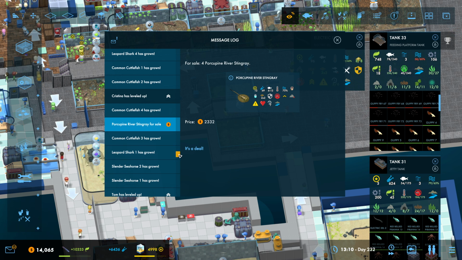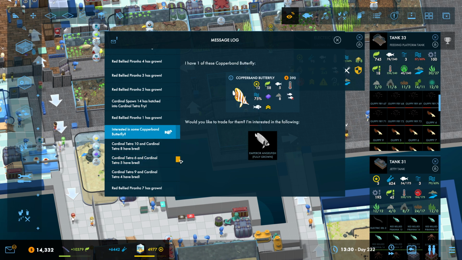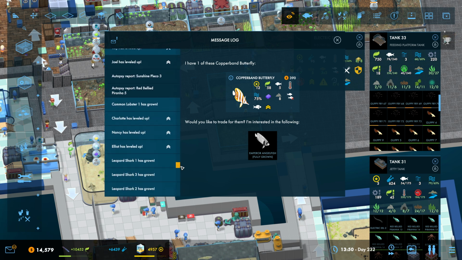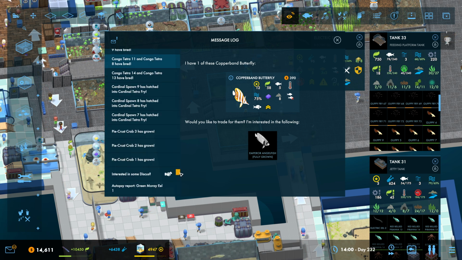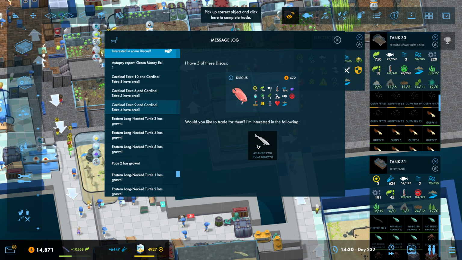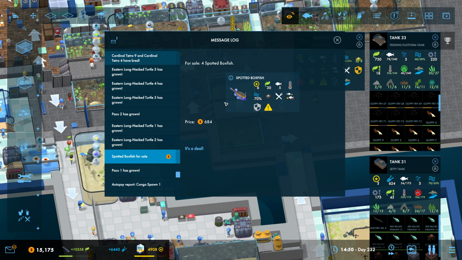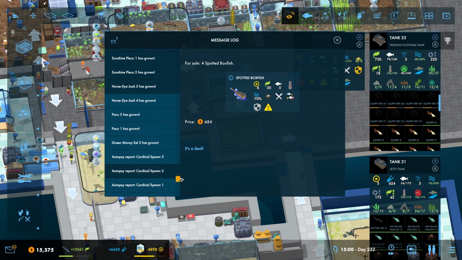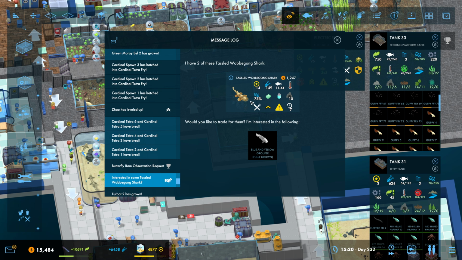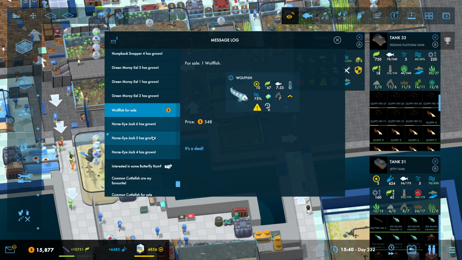Porcupine River Stingray. I mean, I'd love to, but not that interested. Copper Band Butterfly. Right, Discus, no. Spotted boxfish. It looks like a lovely fish, to be honest, but I'm not that interested. Tasseled Wobblegong Shark. Nope. Wolfish,